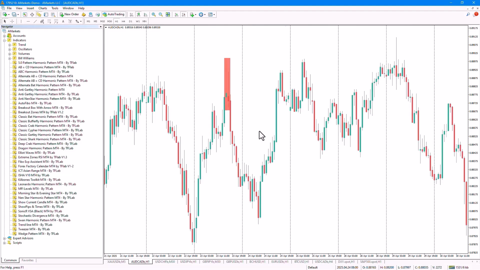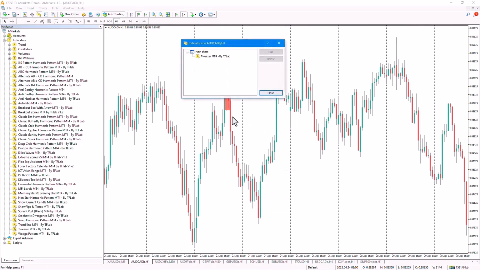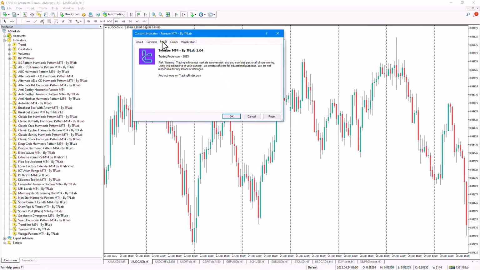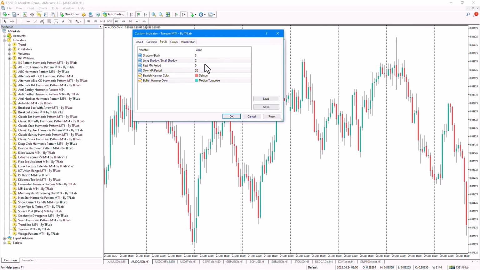The indicator works by identifying two candlesticks and is based on the use of a moving average. In the settings section under the input tab, there are options available for us. In the first part, we can set the ratio of the shadow to the body here, which is set at 3:1. In the next section, we can set the ratio of the longer shadow to the shorter shadow, which is 2:1. In the next section, we can set the period for the fast moving average and the period for the